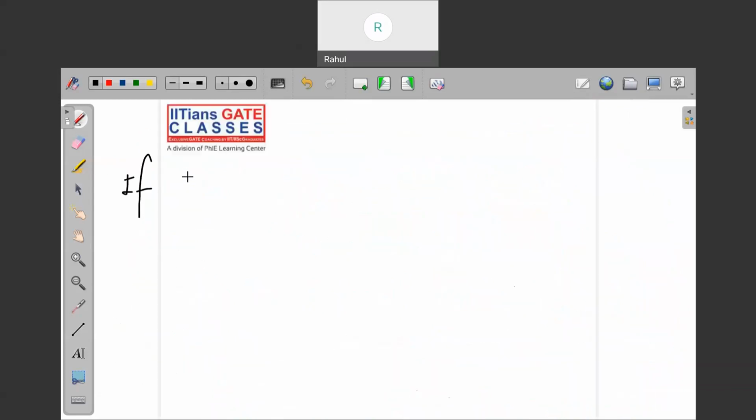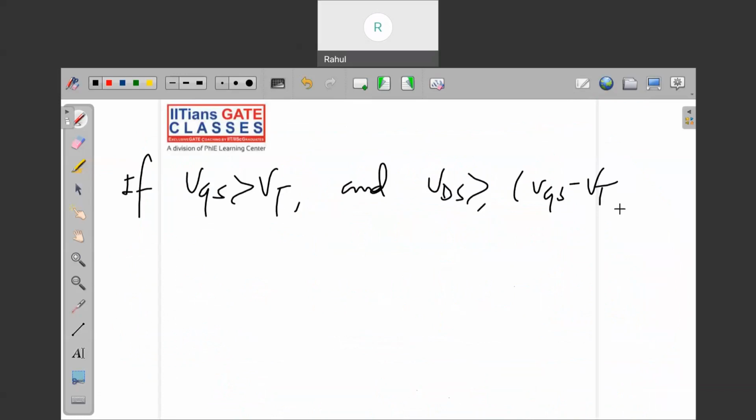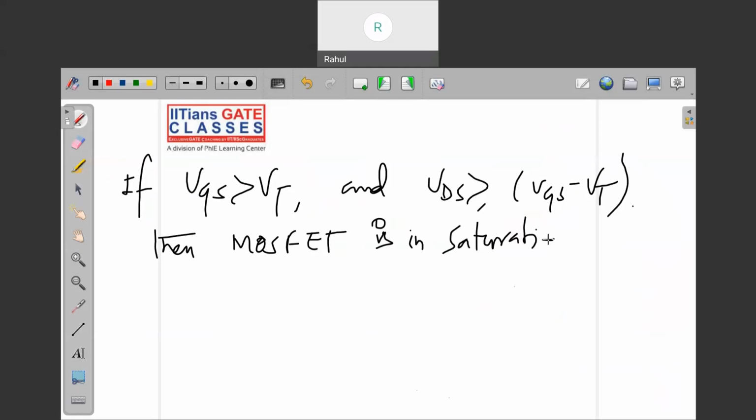If VGS is greater than VT and VDS is greater than or equal to VGS minus VT, then MOSFET is in saturation region. Right? MOSFET is in saturation region